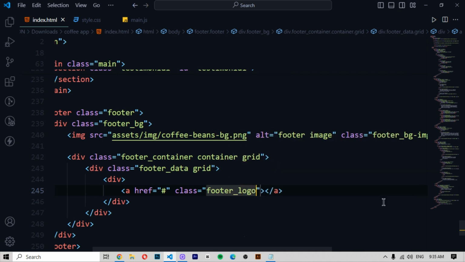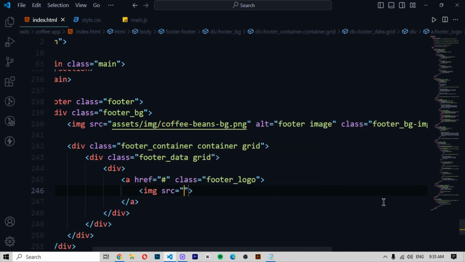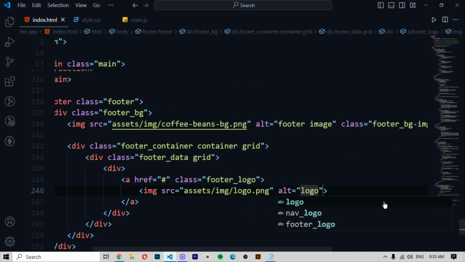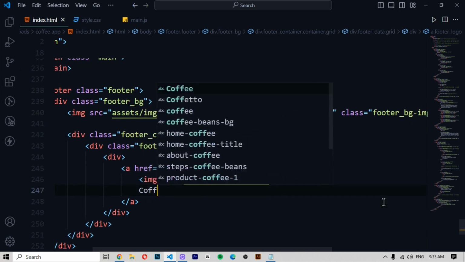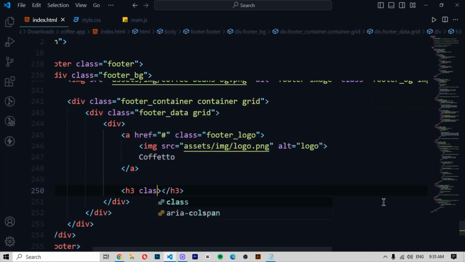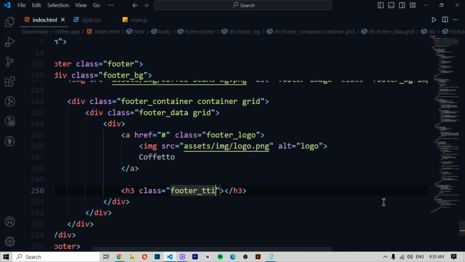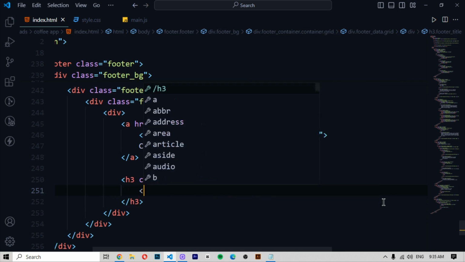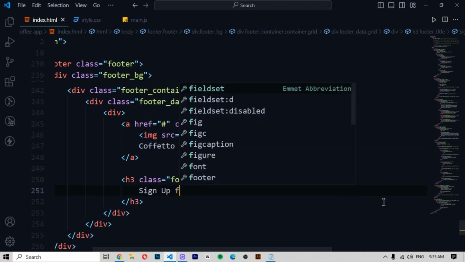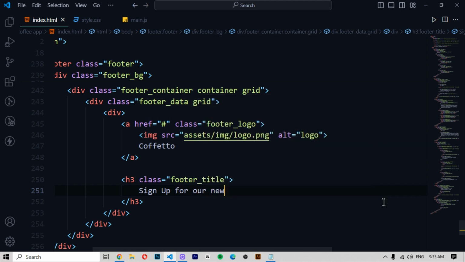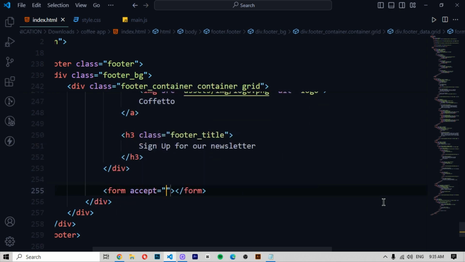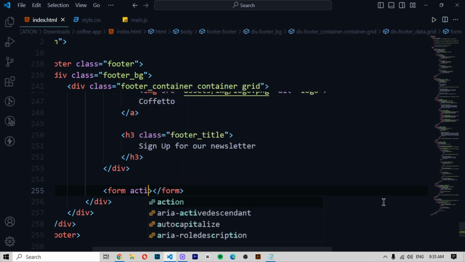will be footer logo, enter, img src assets img logo.png, alt will be logo, and then enter, then write here coffee. Enter, h3 class will be footer title, then footer title will be sign up for our newsletter. Now enter, now form action